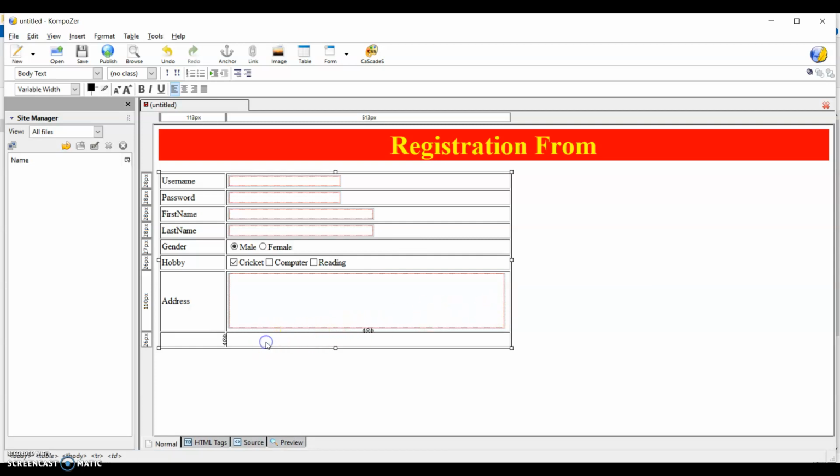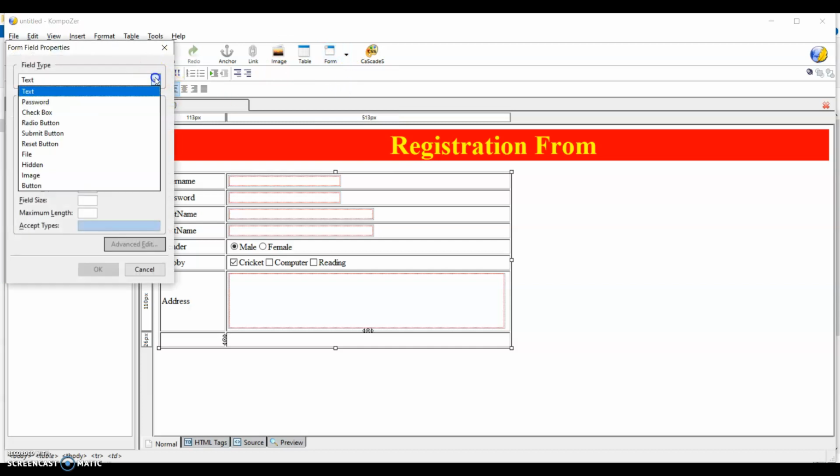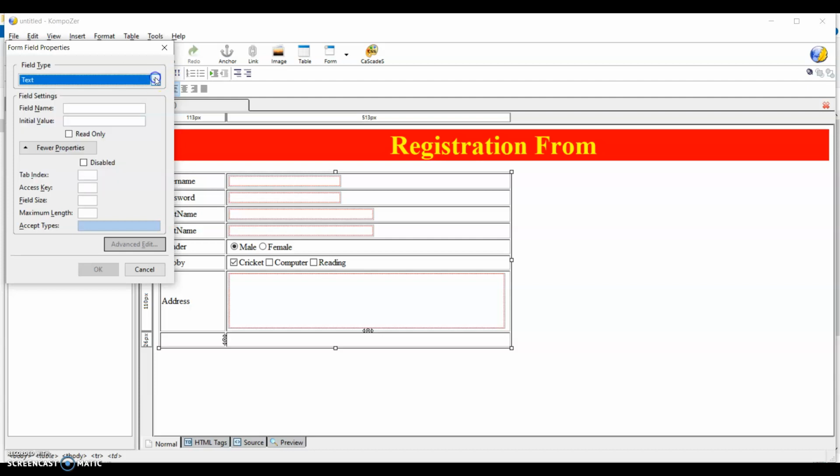For example, if you want to create a button like a submit button or reset button, you can easily create it here. Okay, you just see how to create.